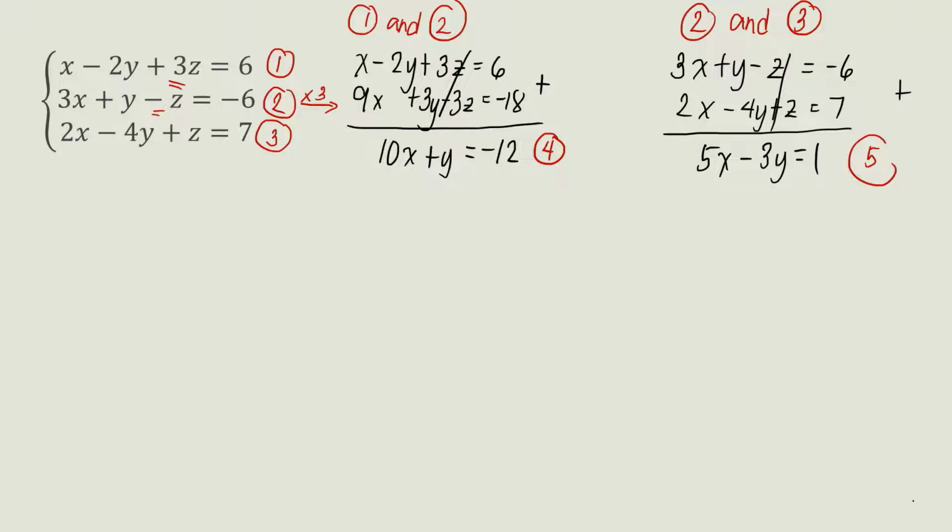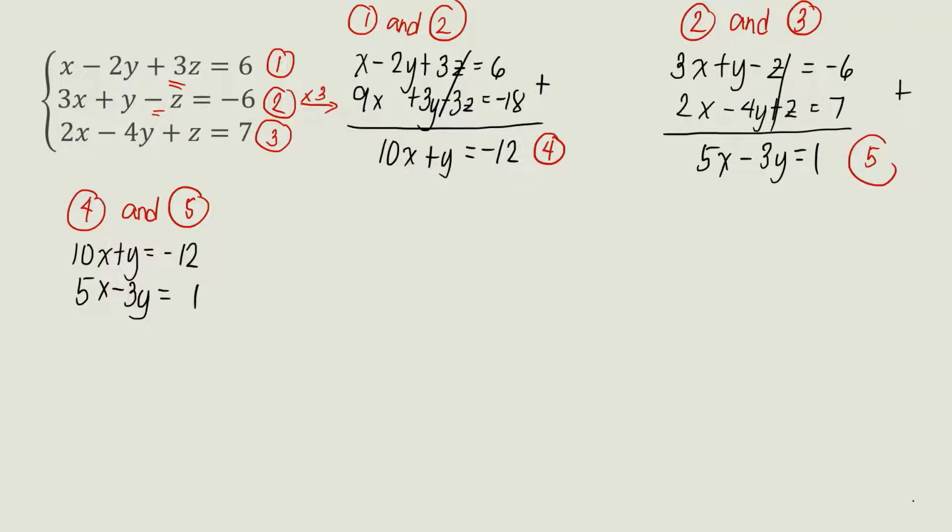So again, you need to pair up the two new equations that you produce from the two pairs that you solved first. So we have 10x plus y is equal to -12, and then 5x minus 3y is equal to 1. Okay, so here it's easier if we eliminate y because we just need to multiply by 3